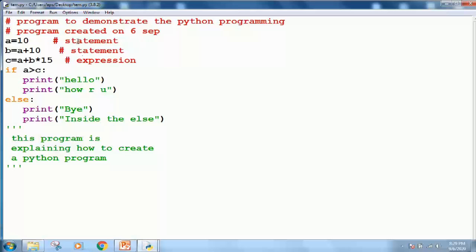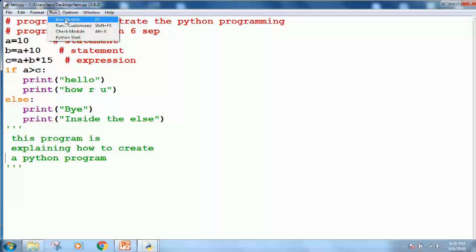This is the multi-line comment. When you want to write multiple lines about the program, anything related to the program which is giving you some information, you can use this triple quote comment. Sorry, this is a multi-line comment. This is also called a docstring. Then this is the indenting of your programming code. Whenever you use the colon, it will create a block of code in your program, and a block of code means that particular lines are indented and executed in a group.